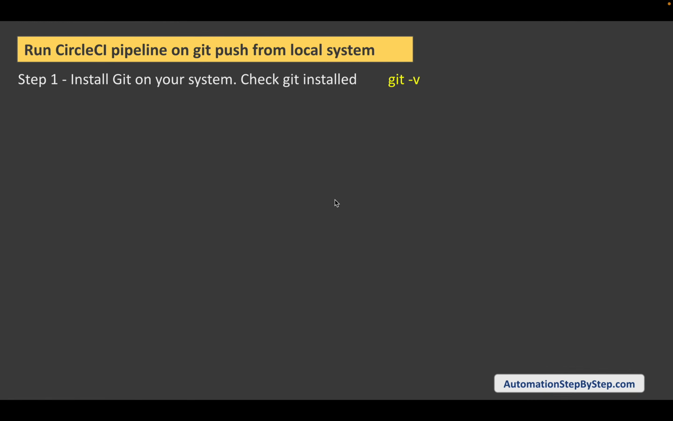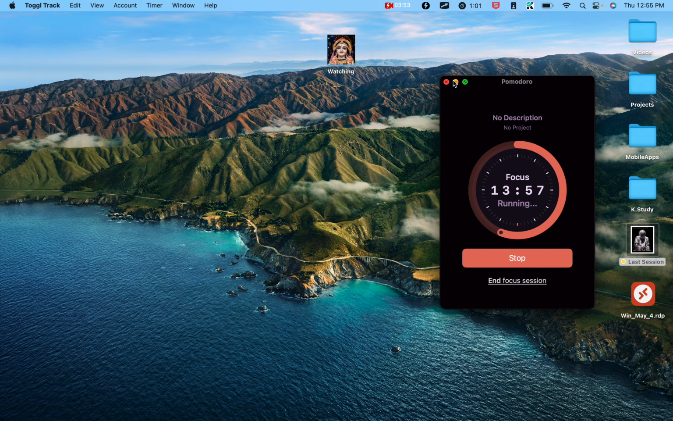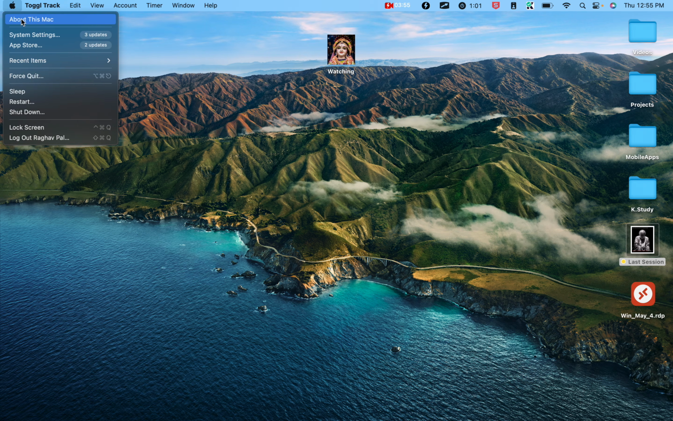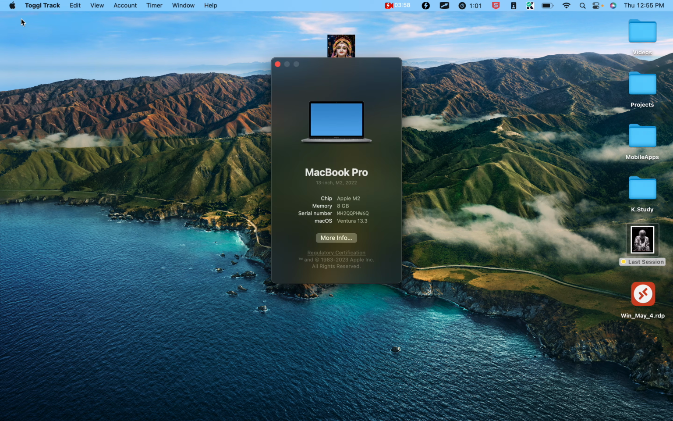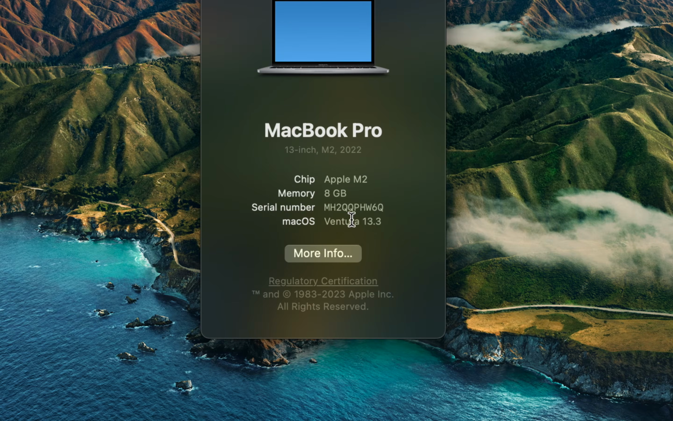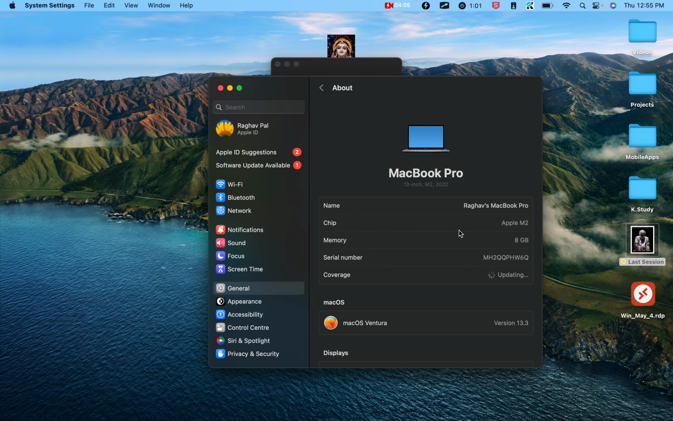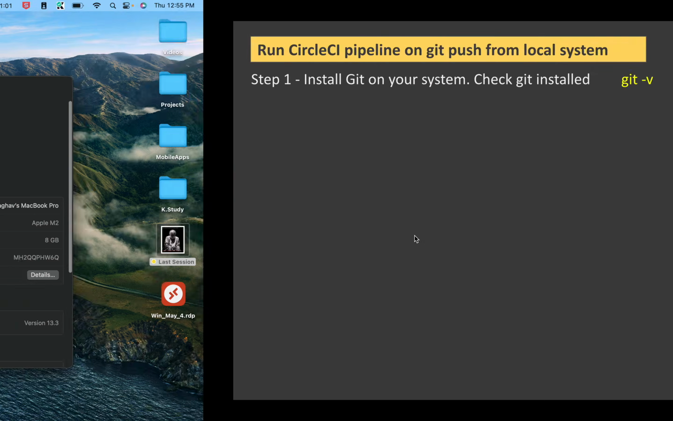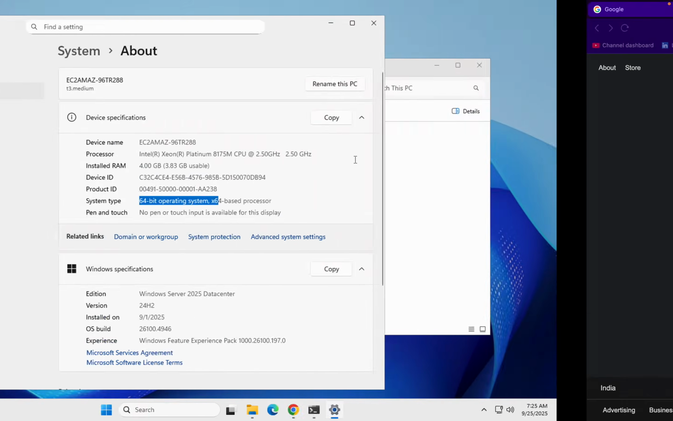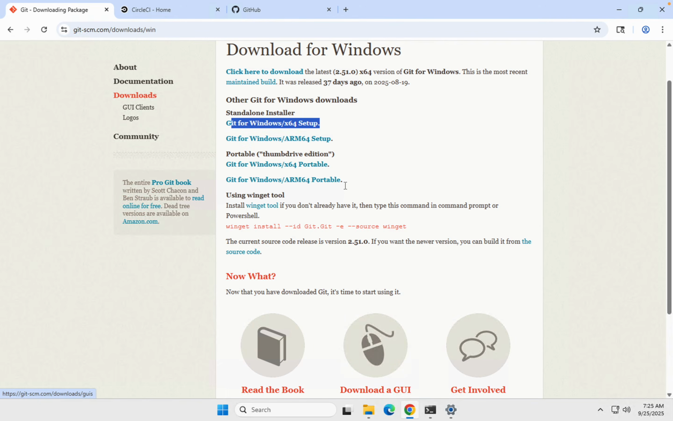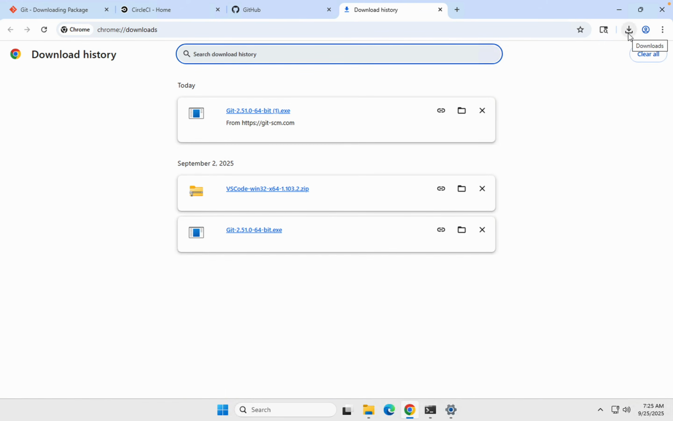The same you can do on Mac. So if you're on Mac, you can go to About This Mac, and you can see here the details. You can go to more info, and here you can see the details about your Mac, and you can select what you want to download. So in my case it is going to be this Windows 64 setup installer, so it will download, and let me check